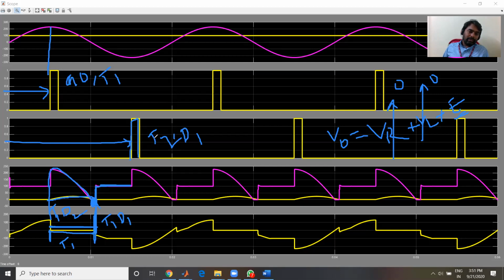Okay, so if I trigger T2, there is a possibility of current flowing from the source to the load, and they will conduct from this point onward. Up to this point, these two devices will be in conduction state, and just after omega t equal to 2 pi, D1 goes to off condition, because during the positive half cycle D1 will be in reverse bias condition, D2 will be in forward bias condition.